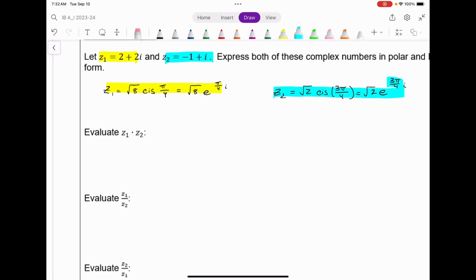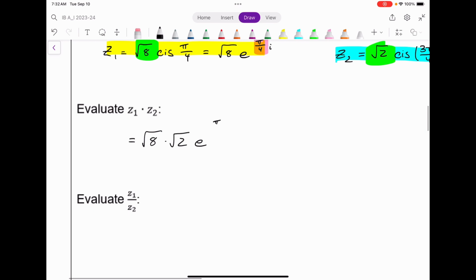When complex numbers are written in this form, we can evaluate one times another by first realizing I just need to go the modulus times the modulus, so root 8 times root 2. I'm going to go with Euler form, so times e, and then for the argument, it's just one plus the other, so pi over 4 plus 3 pi over 4. Keep in mind that's still multiplied by i. And in this case, notice root 8 times root 2 is root 16, or just 4, times e, and pi over 4 plus 3 pi over 4 is pi,